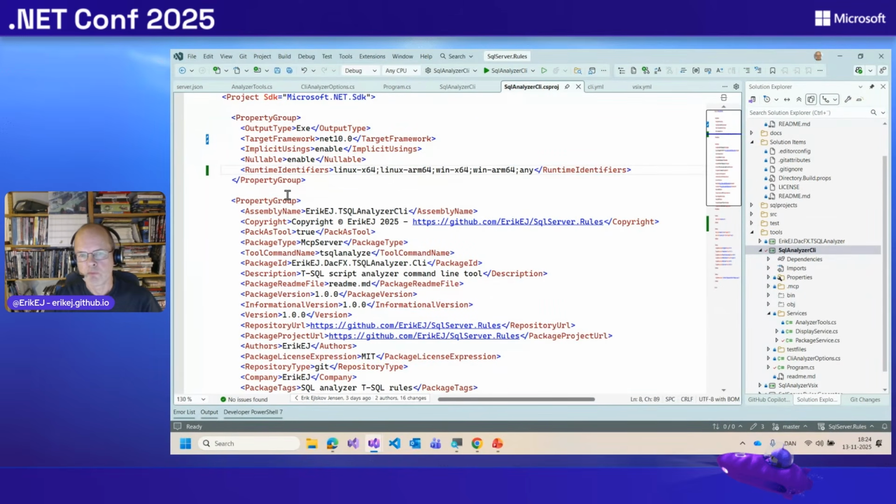But your mileage may vary if you don't have a lot of unmanaged dependencies like C++ DLLs or whatever that are platform specific. It's of less importance, but it's definitely something that you should consider depending on what your tool does.